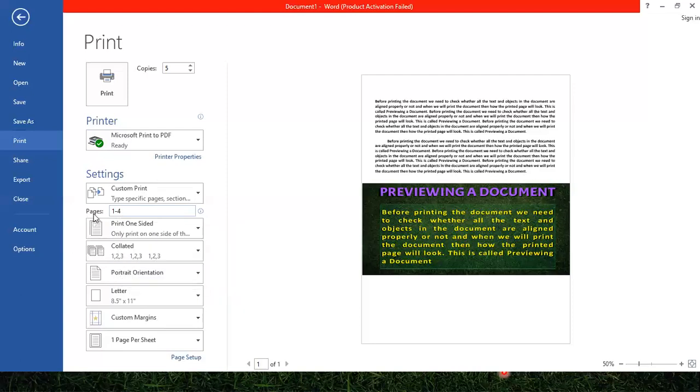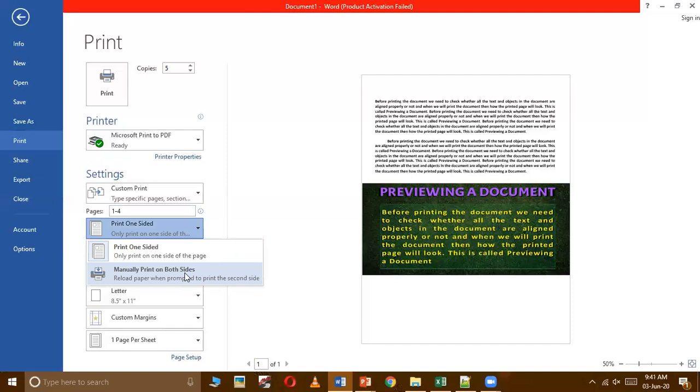Now after this pages option, downside, you can see print one-sided. Now this is the printer option. Some of the printers support both-side printing, but some do not. So that depends. If your printer supports two-sided printing, then you can select here the manually print on both sides option, or by default it will be the print one-sided option only, because most computers do not support printing on both sides.